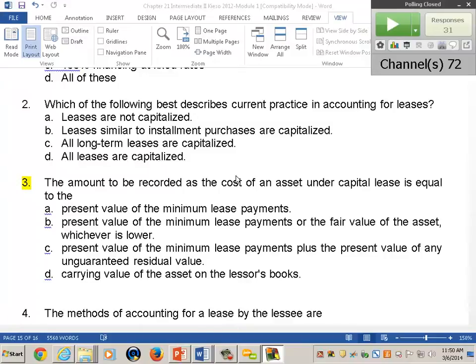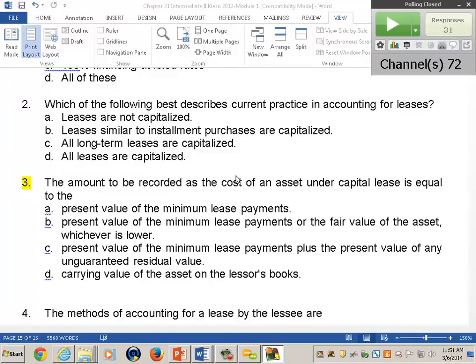So you'd have to calculate a new effective yield. I didn't think it would be that high, but just throwing some numbers around sometimes doesn't always work. All right. So it's still in beginning mode. So if the present value of the minimum lease payments is higher than the fair value, you have to calculate the new effective yield that would equate the payments with that value at time period 0.